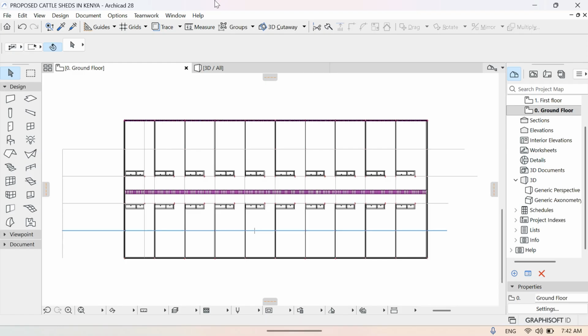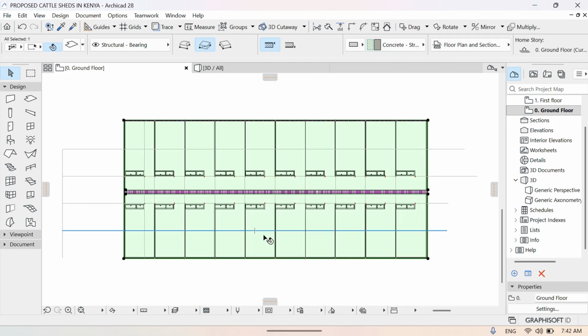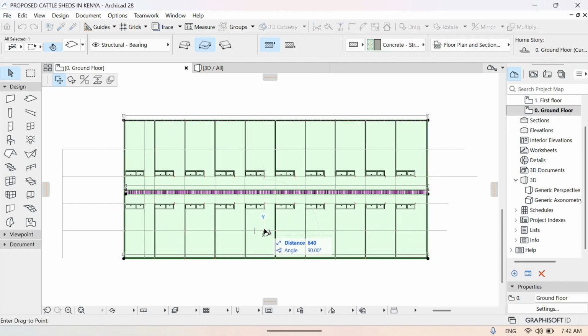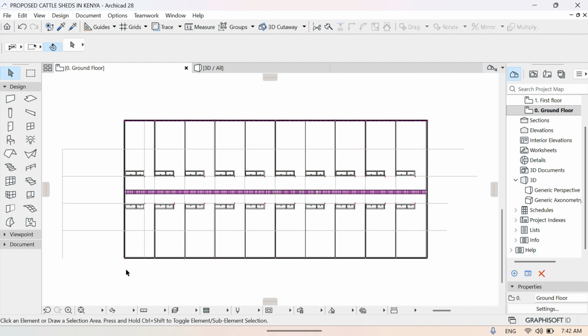We are now in part 3 of our video on how to design a cattle shed. Just briefly on what we did in our previous video: we did the drainage, this bit here, we did the slab tool, and we did the troughs. And onto this video, I want us to